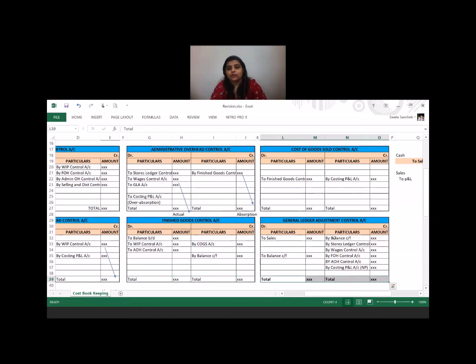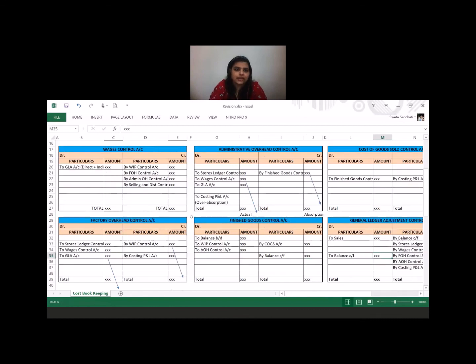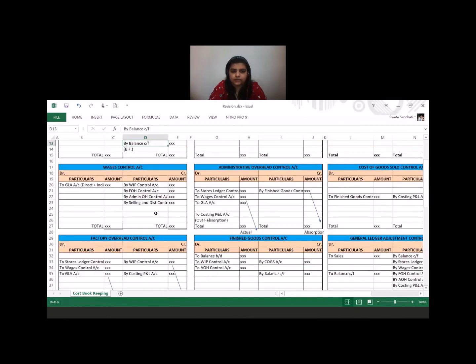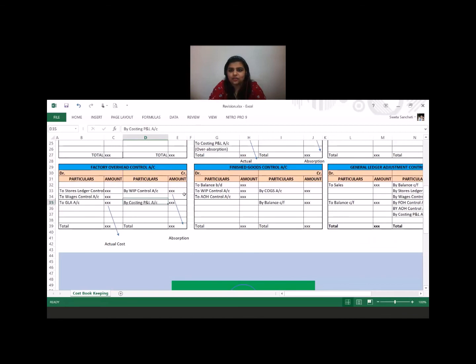All the accounts are closed. This is how we prepare our cost. These are the cost entries under non-integrated accounts. We will do one question on non-integrated in my next video. Please keep following, and to end this, I have two things to tell you. One, if you have to make a closing trial balance, take down all the closing figures and you will see that your closing trial balance will match.